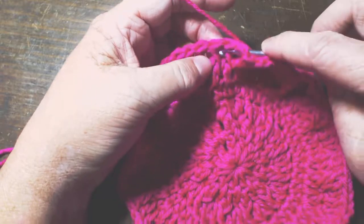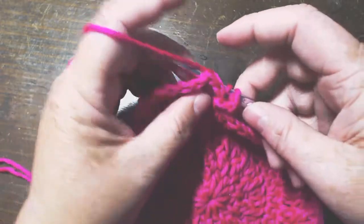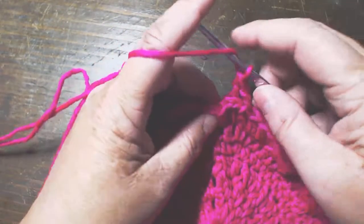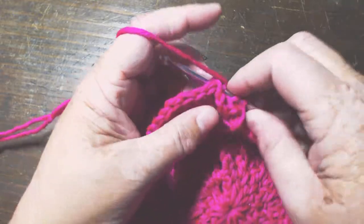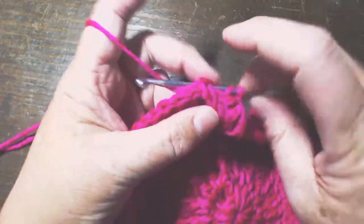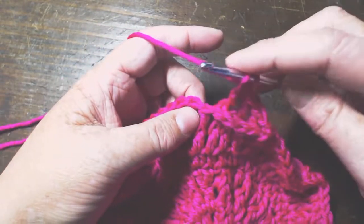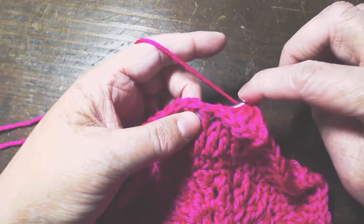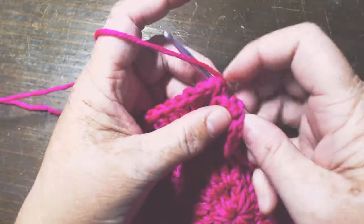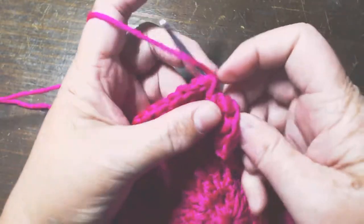Okay, so we go in front of them. So when you look, your hook, okay, the post is actually behind your hook. We grab the yarn, bring it through, and then we finish our double crochet. So again, we go from the back, and then we pull, and we do our double crochet, and then we go again, and then we've got one more. So again, we wrap our yarn around, the hook goes from the back of the work, okay, from the back of the work and then back to the back. So it goes from, we wrap around, it goes from the back to the front and then back, and then